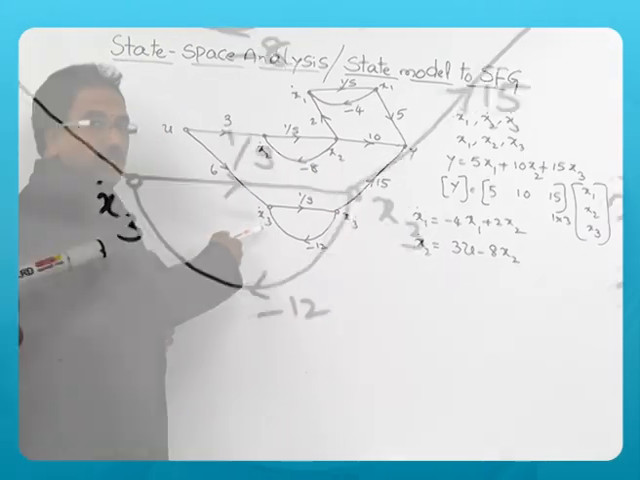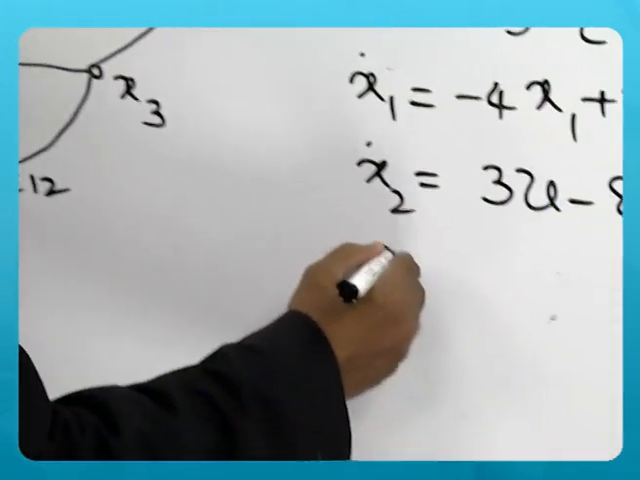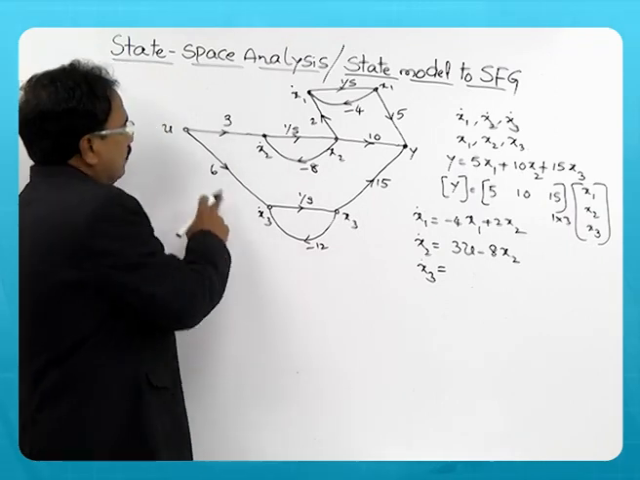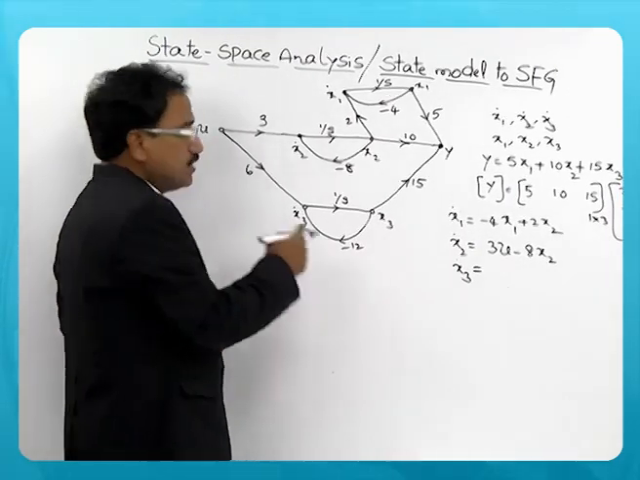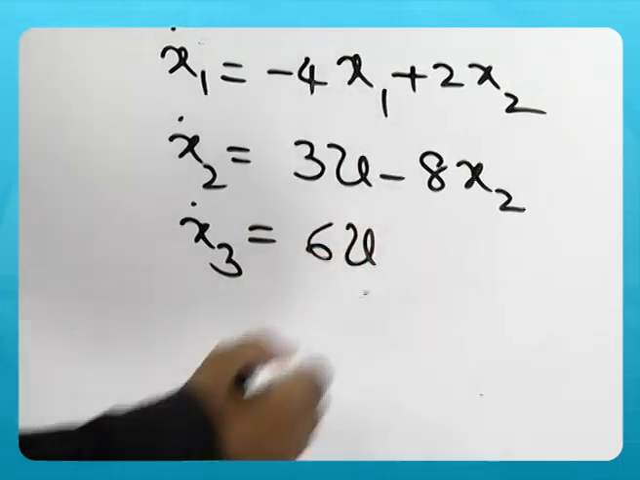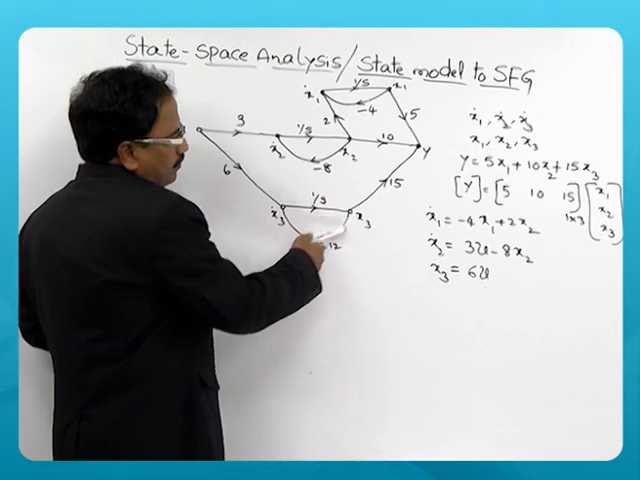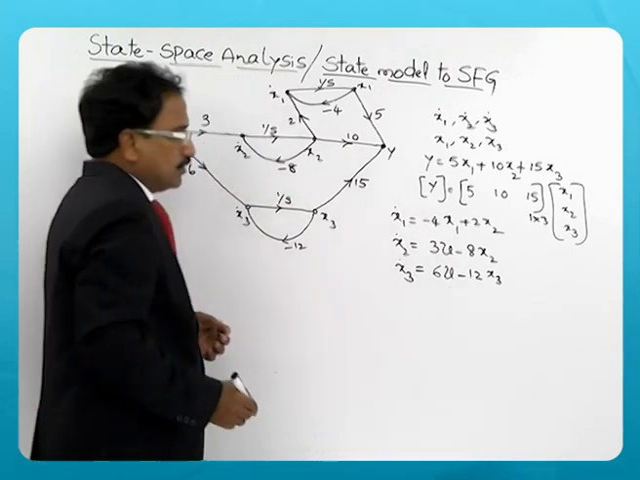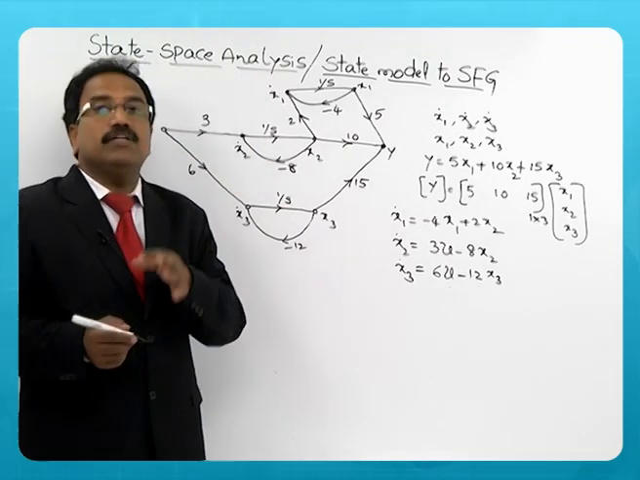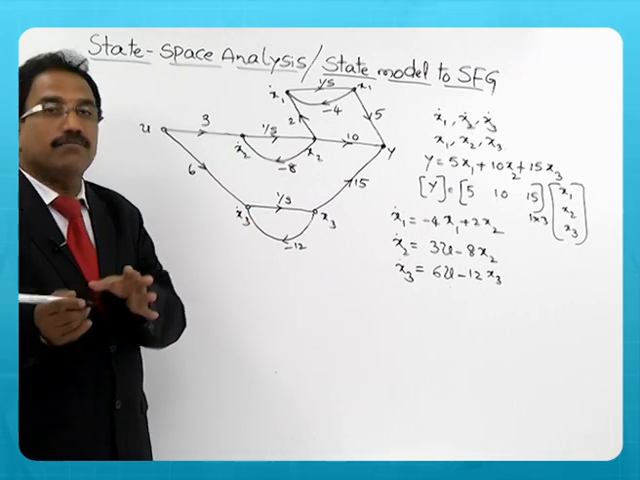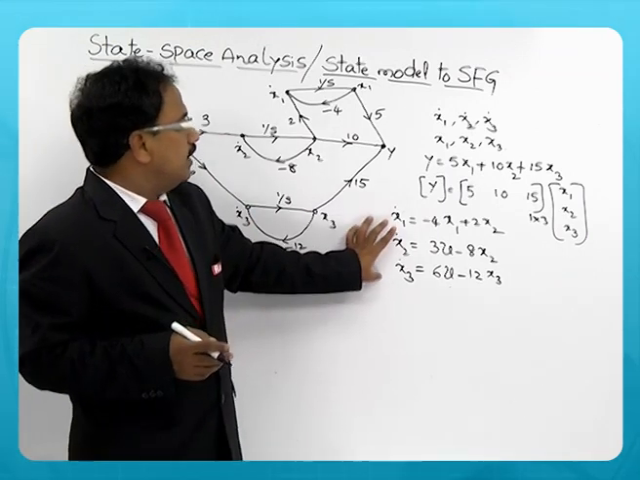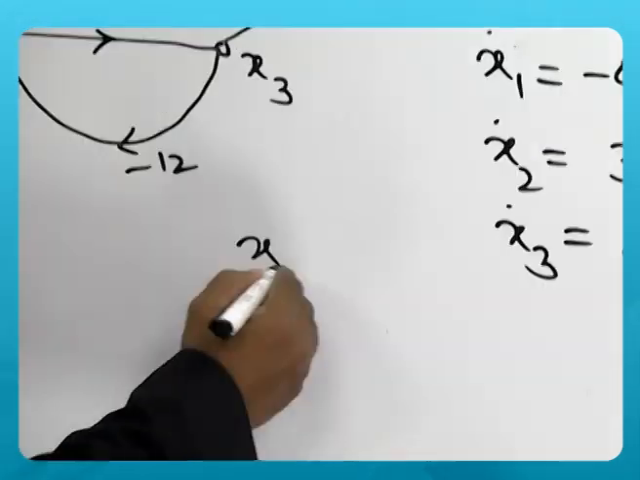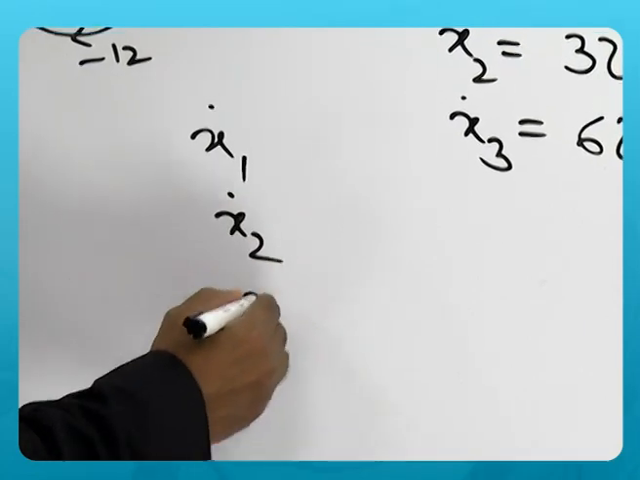The third differential state variable is x3 dot. So what are the branches approaching x3 dot? One is from u with 6 as its gain, so 6u, then -12 from x3, so -12 x3. So this is the way you should write all the 3 equations, first from the given graph. Now all these 3 equations must be represented in the form of matrix. So all differential state variables